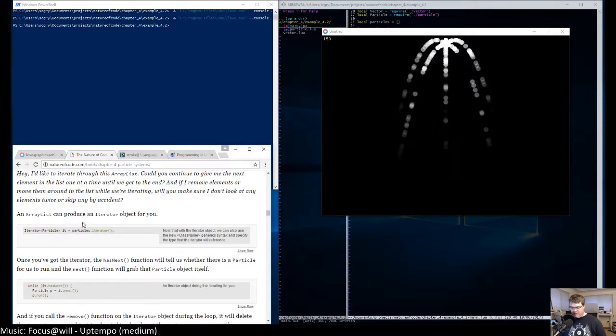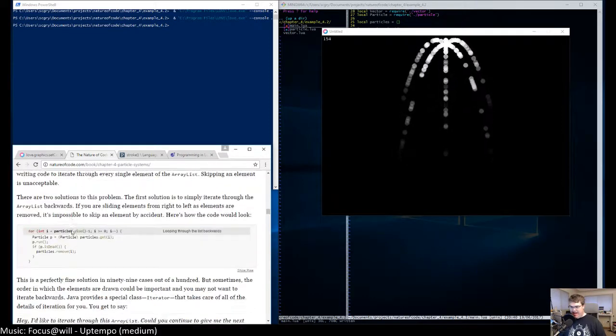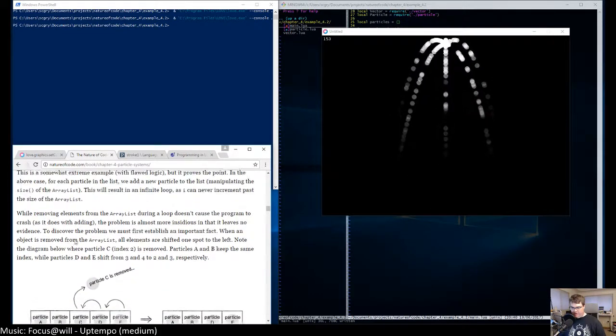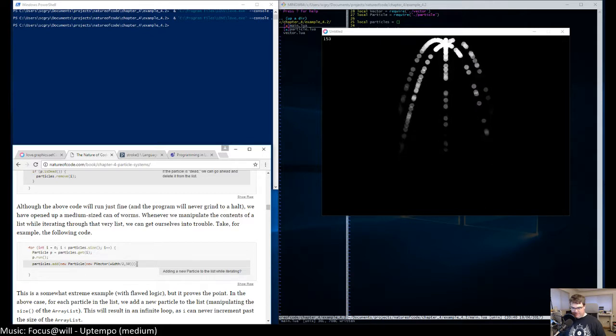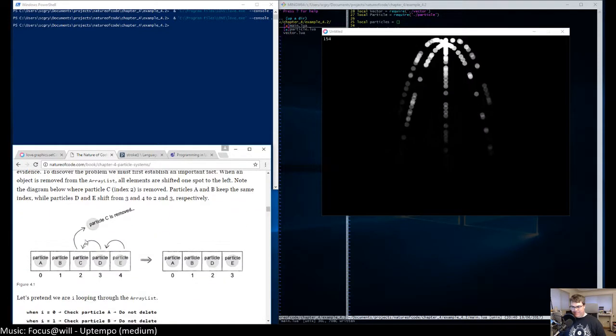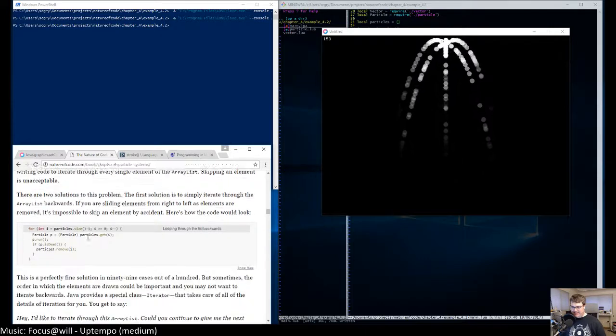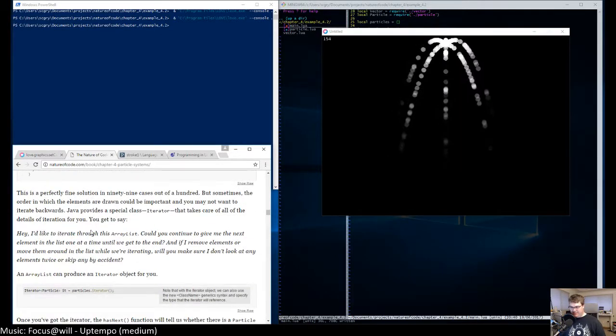Okay, then he talks about what would happen if you wanted to add to the particles in the middle of the loop. So as we're looping through this, add to the particles. And that seems like a really terrible idea. Because of course, it never ends. The table just continuously gets bigger and it just goes on to the end.